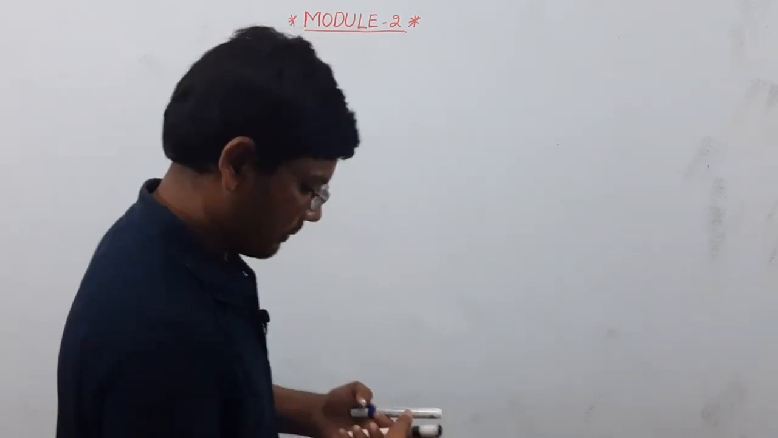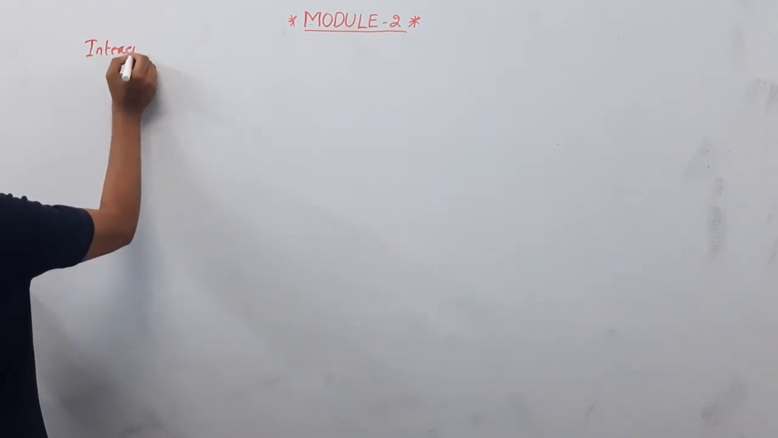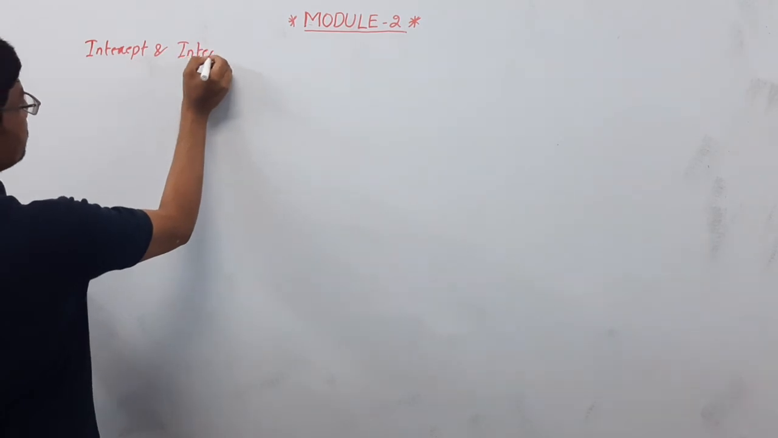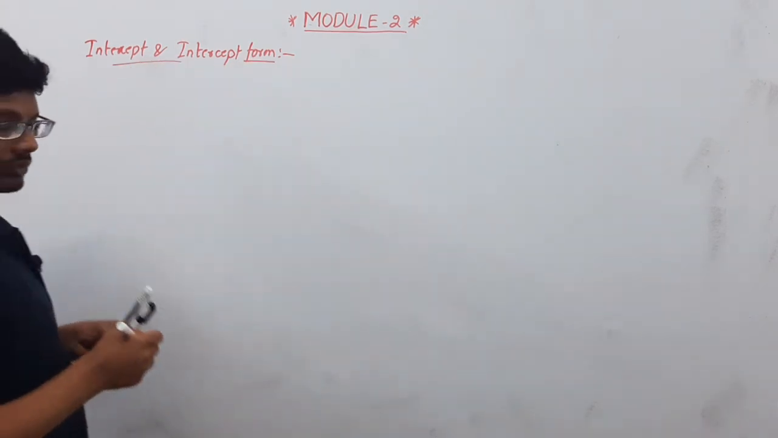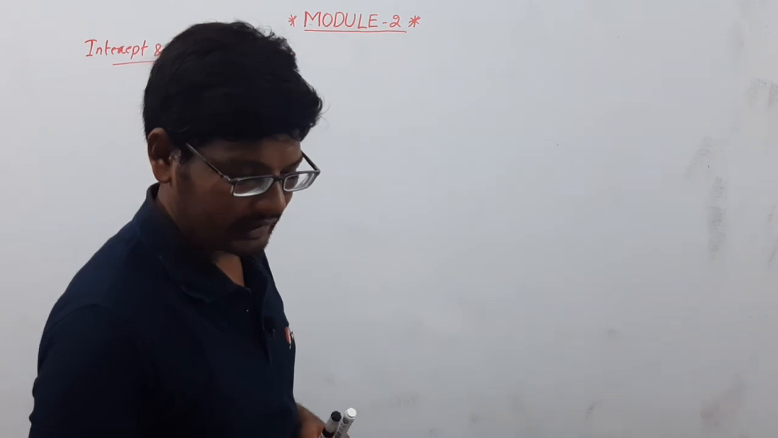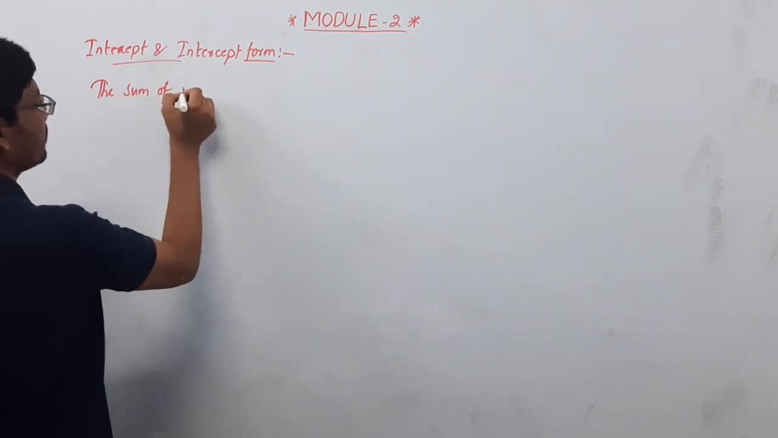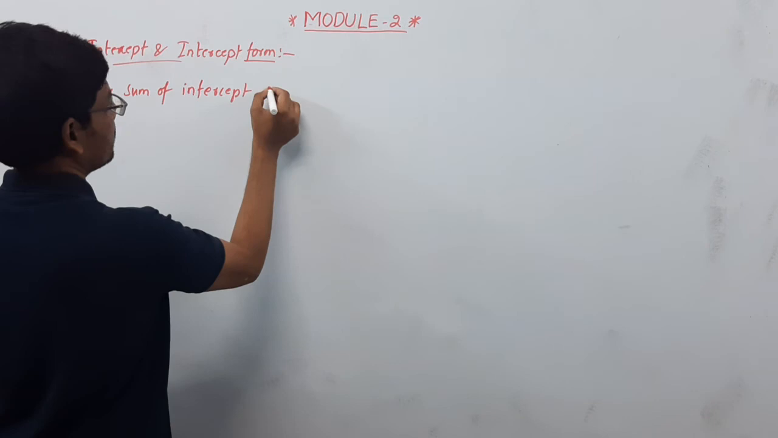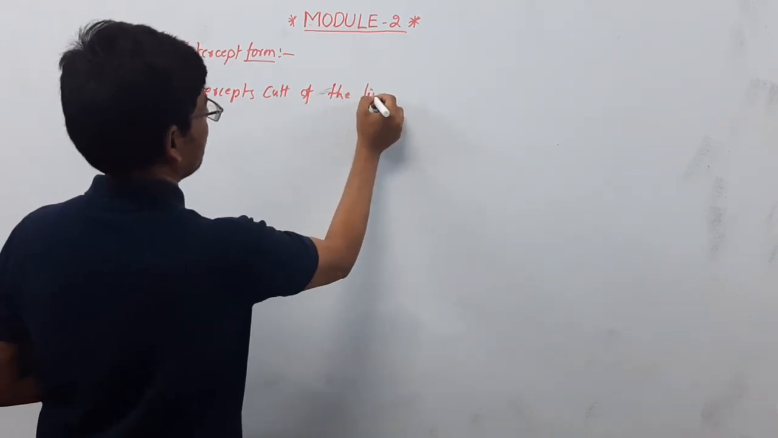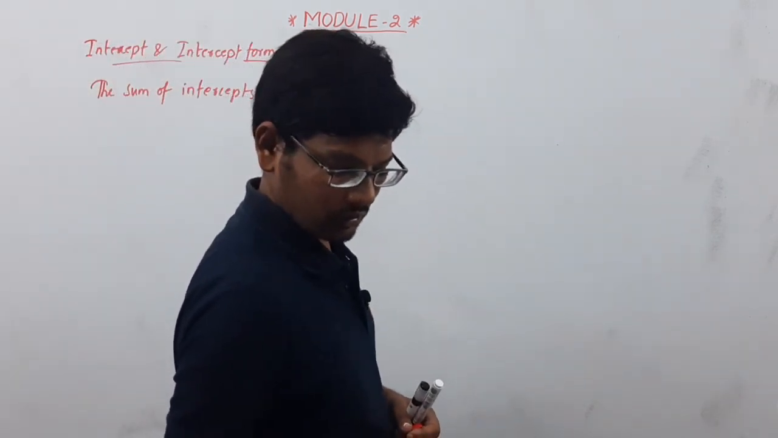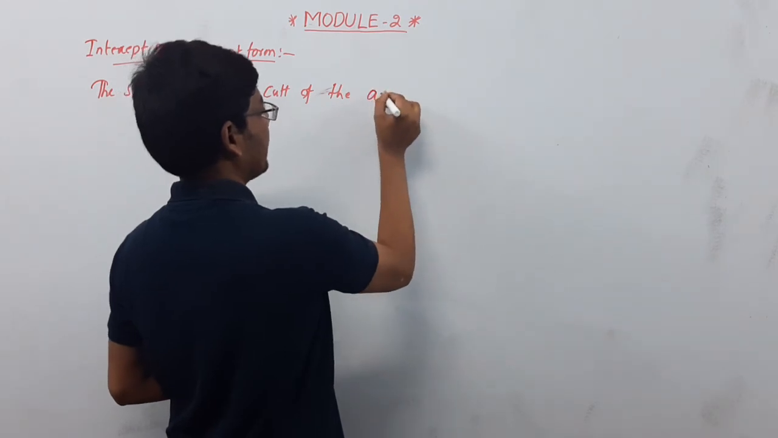Intercept and intercept form. And the question is: the sum of intercepts cut off by the axes on the lines,